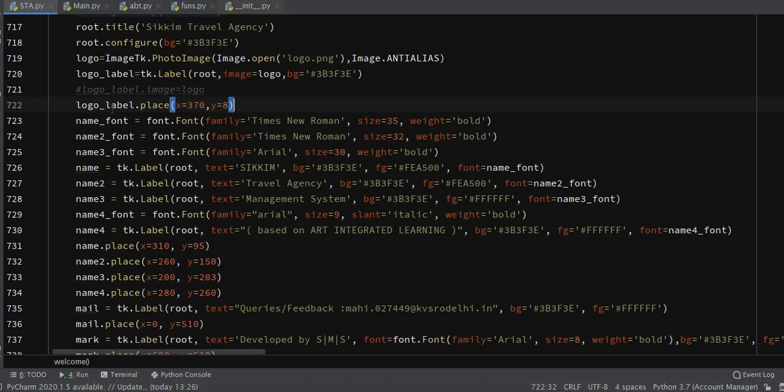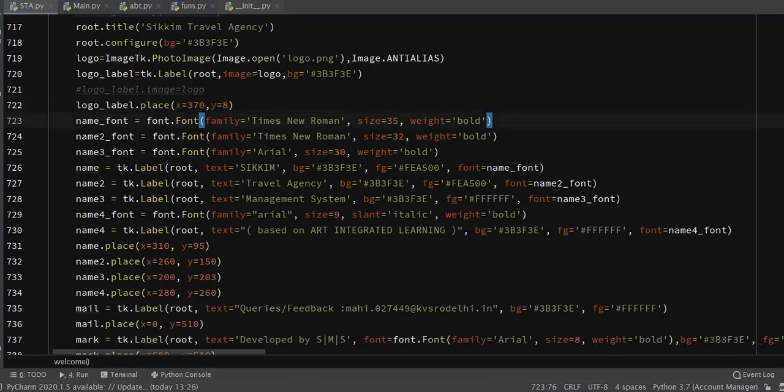Okay. Now the positioning of your object. For the positioning of my image, just use the same label, logo_label, and you have to use the place function. Now it's optional again. If you want to be very specific about the positioning of your objects in your window, you can use the place function. It's very time consuming, but it's worth it. You can also use the pack function, you can also use the grid function. It's up to you, but if you want to be very particular and accurate about the positioning, you can use the place function. It just takes some coordinates here, and you must be familiar with coordinates, right?